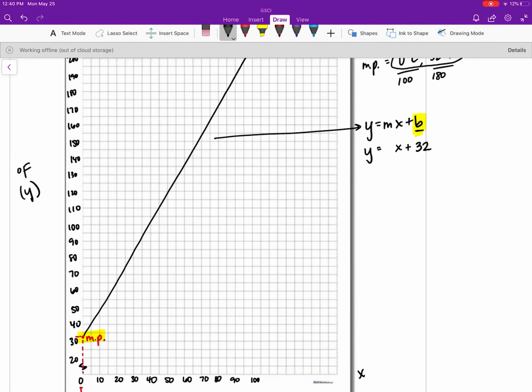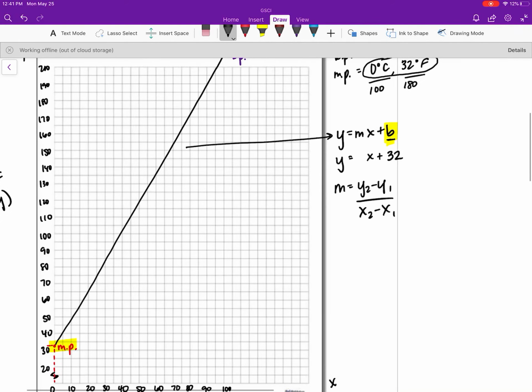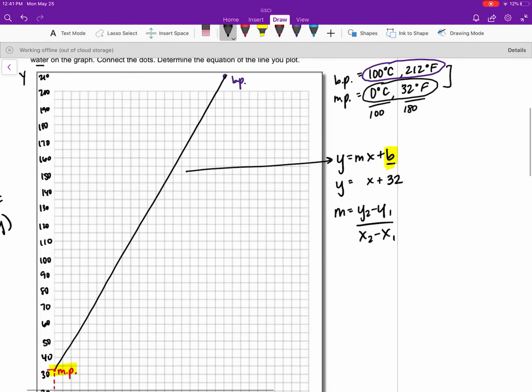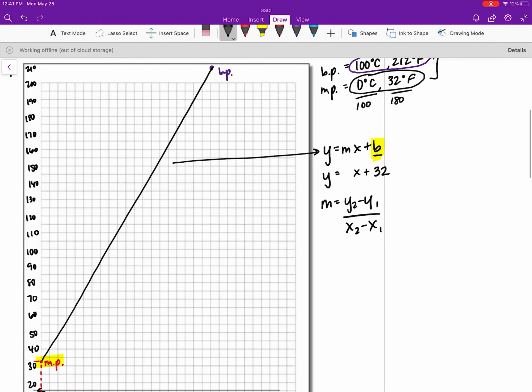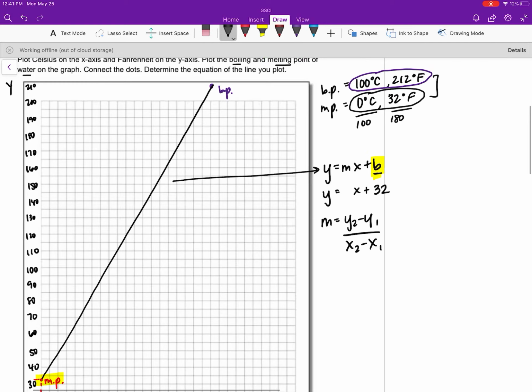Now, the one we need to know is m. And m is slope. There are two ways: you could do rise over run, or it's the difference in the y values divided by the difference in the x values. And the key here is we have to keep these two sets as pairs. So looking at this, the first pair is going to be 212